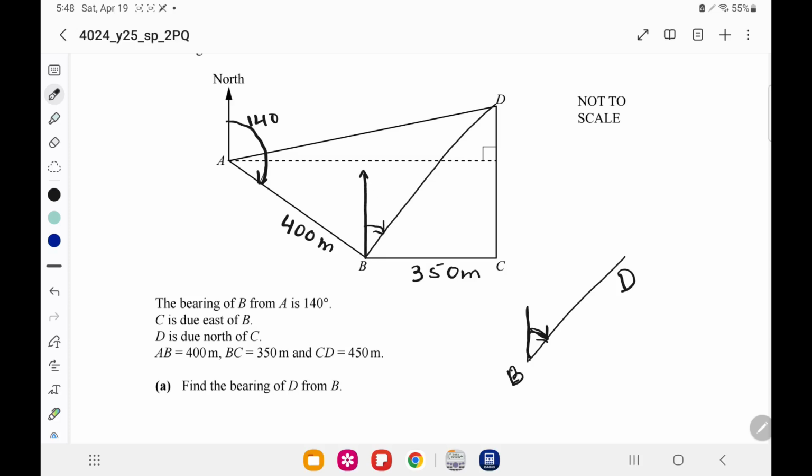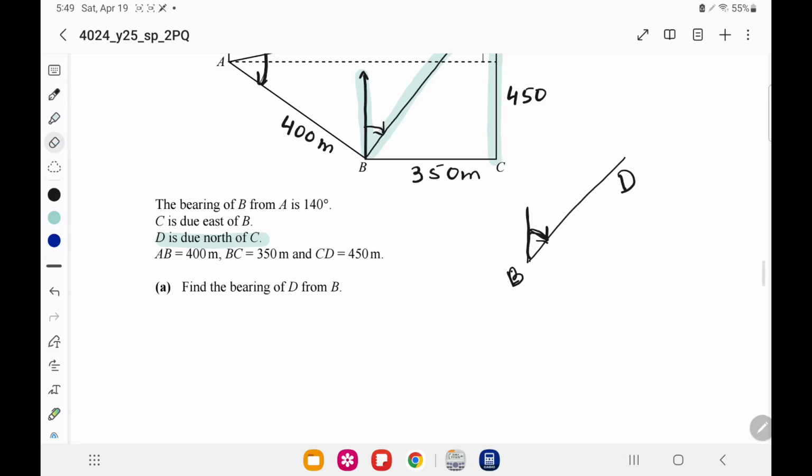Okay, whenever we just check this, CD is also 450, given in the question. So whenever we check, they are parallel lines, and it's given that D is due north of C, so it's a straight vertical line. These two are parallel lines, so these two angles are equal. So it means if I just take this triangle